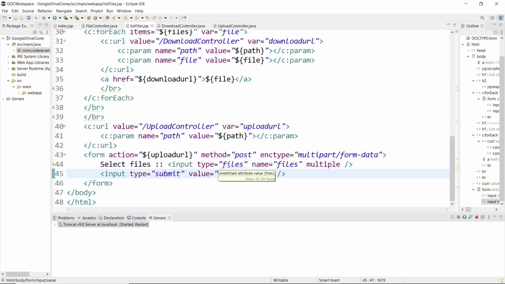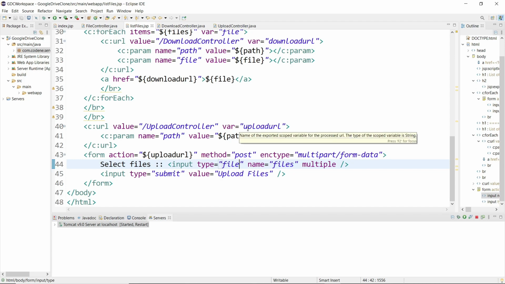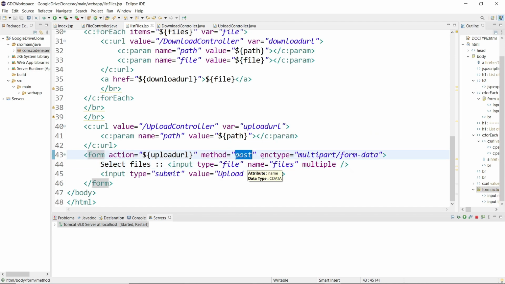Okay, so here we see we are writing a form and the action will be this upload URL, and then we will use the method post and encoding type will be multipart form data. Okay, inside that we will have an input type file. It will be able to select multiple files, and then simply we have given a submit button.